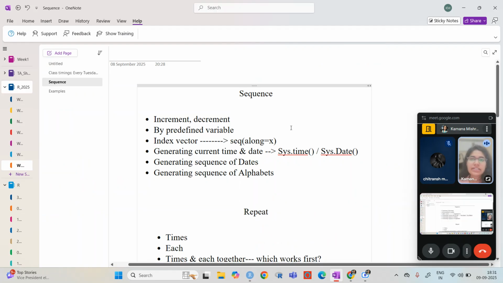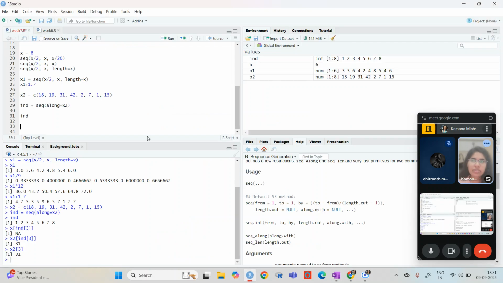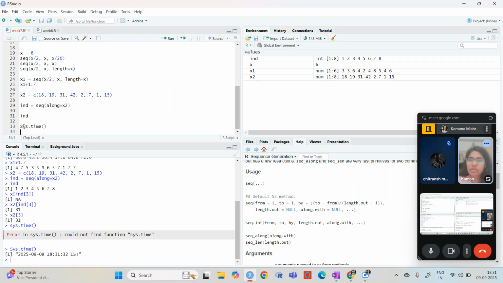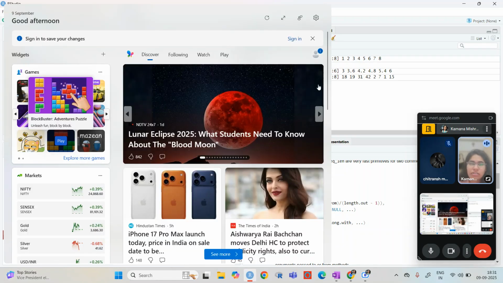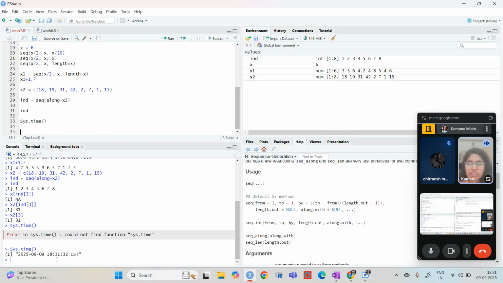The next is generating the current time and date. Okay. So firstly, we need to know what is the system time and what is the system date. So you need to remember that here the S, if I write a small s, then it says could not find any function. I need to make it capital. Okay. So if I write time, then it will give me the whole thing with date. If I just write date,